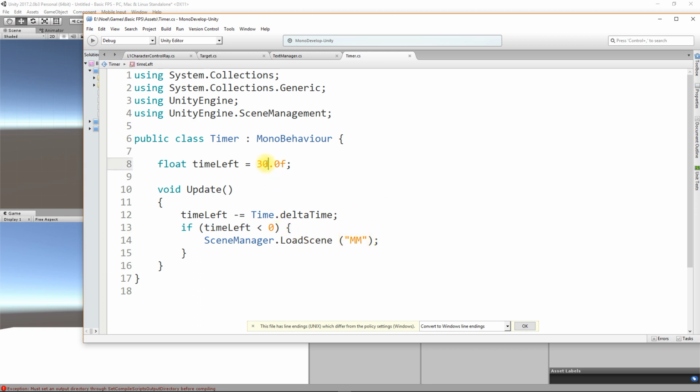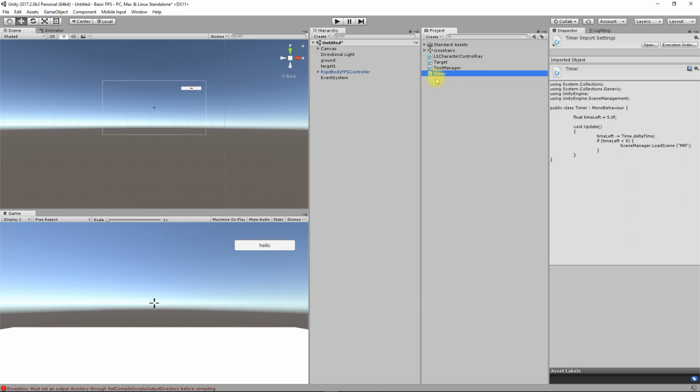I'm going to change this 30 just for convenience to 5, so we don't have to wait for 30 seconds for things to happen. So I'm going to save that and go back over here. Now where do I put this? Well, this is only dealing with time, so it's